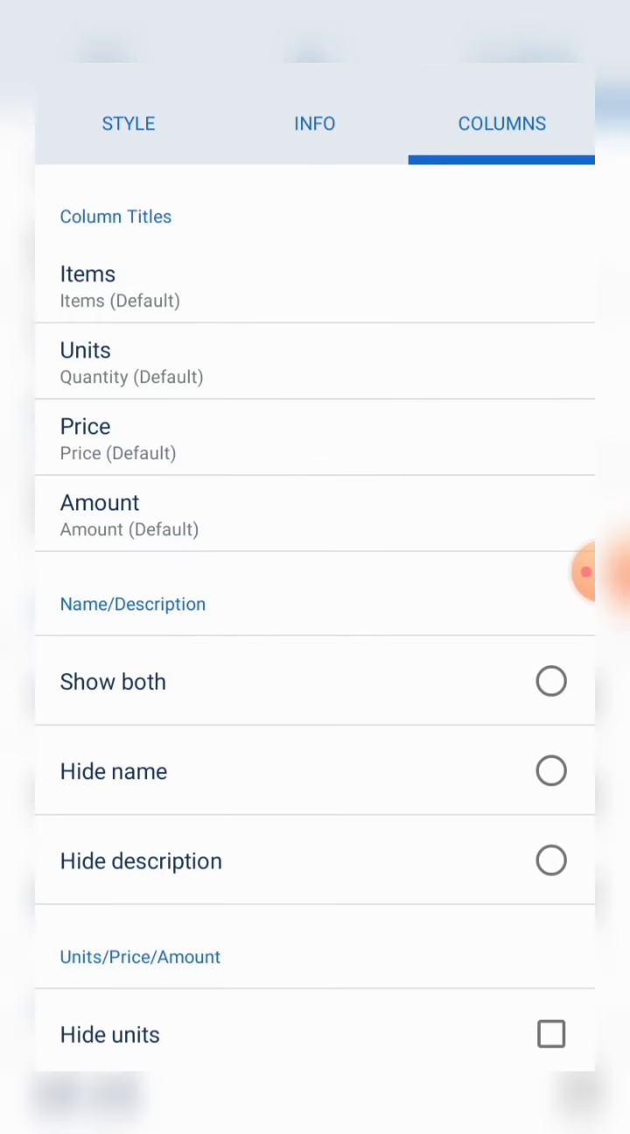Then you go to columns. How many columns do you want your invoice to be? Depending on the kind of business that you do, there are some businesses where you don't just write that somebody paid a total of such and such amount being payments for such and such. There are some receipts, so to say, that need to have